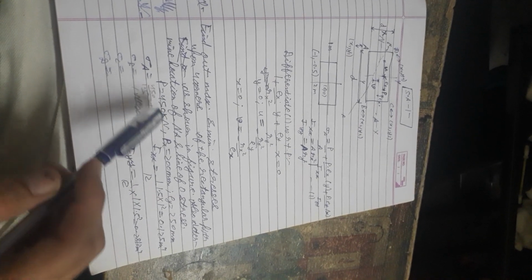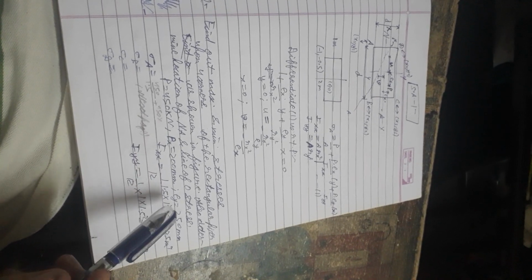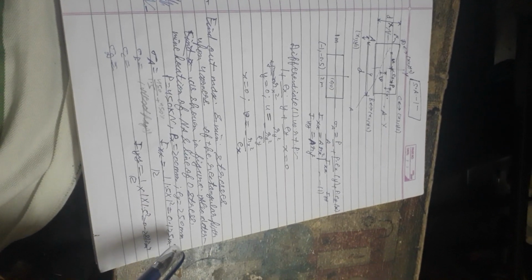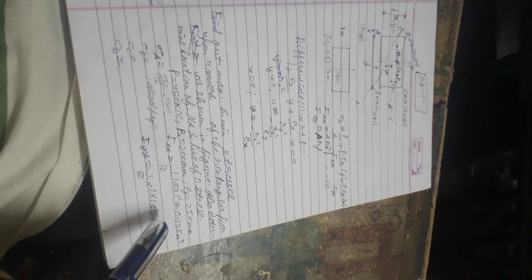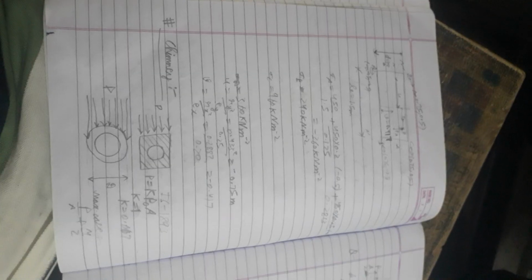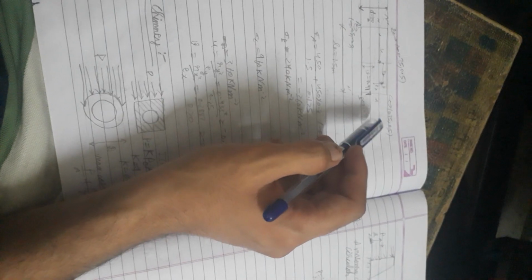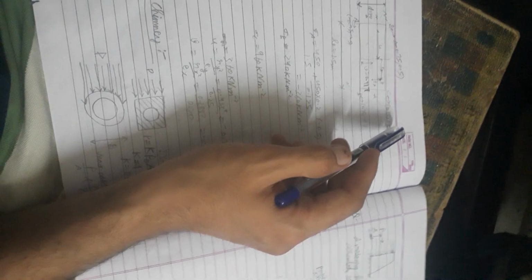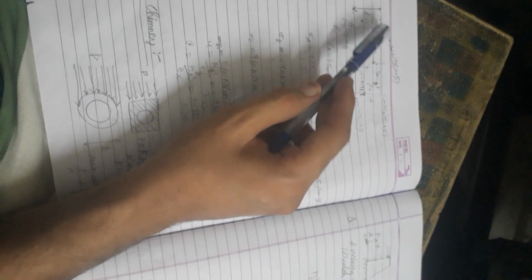Sigma A is equal to 450 by 1.5 plus 450 into... then next page. Ixx is equal to 1 by 12 into 1.5 into 1 squared, which is 0.125 meter to the power 4. For Iyy is equal to 1 by 12 into 1 into 1.5 squared, which is 0.2813 meter to the power 4. Here is the A, which is minus 0.75, minus 0.5. This is B, 0.75, minus 0.5. C, 0.75, 0.5. D, minus 0.75, 0.5.